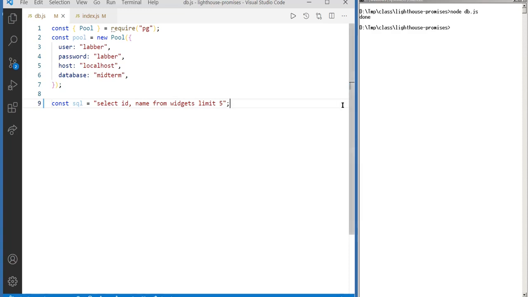So I've got some SQL and I can do some Postgres. And notice I've included my PG library. PG is a promise-based library. And really there's two parts to promises. There's making promises and there's using promises. Fortunately, in JavaScript, we spend easily 99% of our time using promises and very little of it writing our own